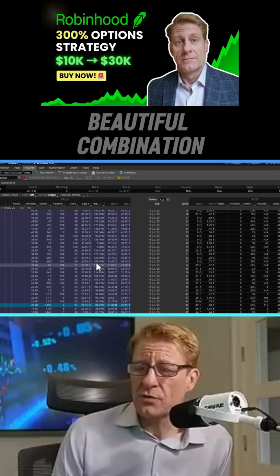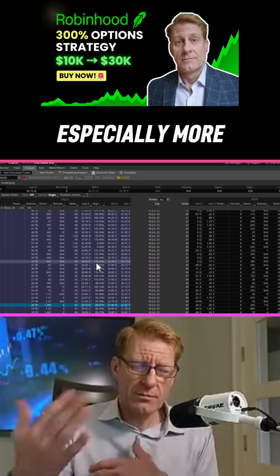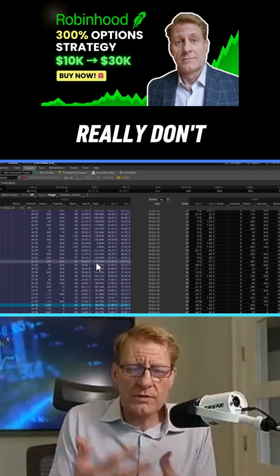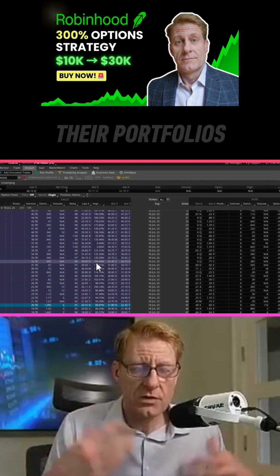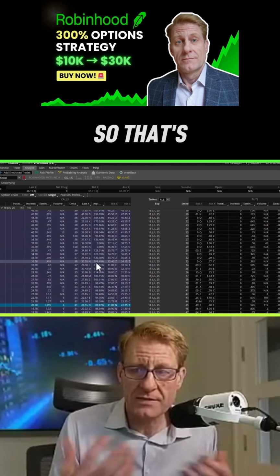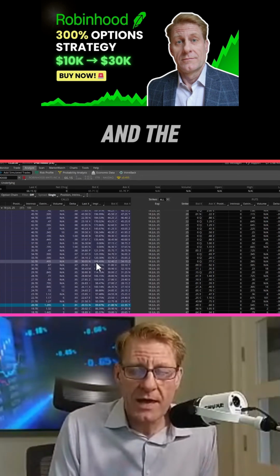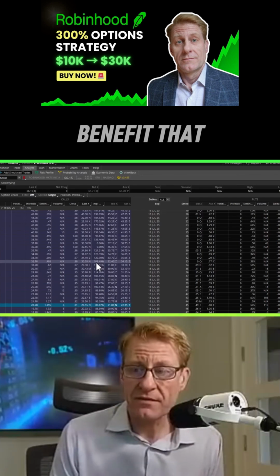Well, I'm getting this beautiful combination, and I find a lot of people who come to me, especially of more advanced age, really don't care as much about upside growth. They're really about turning their portfolios into these apartment buildings that are just paying you rents. That's really what they're focused on, and the nice juicy option pricing gives them that added yield